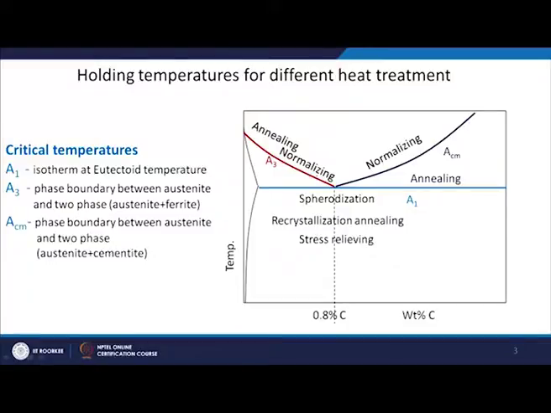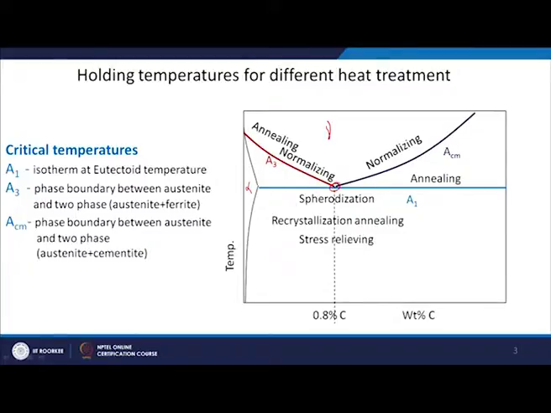Before going further, let us see what the important temperatures are in the iron-carbon phase diagram. We are concentrating mostly on the part where steel is going to be, and also only on the part where you have a solid state phase transformation. So I have austenite here, and you have alpha ferrite here, and on the other side you will have cementite. And this is where you will have the eutectoid reaction.